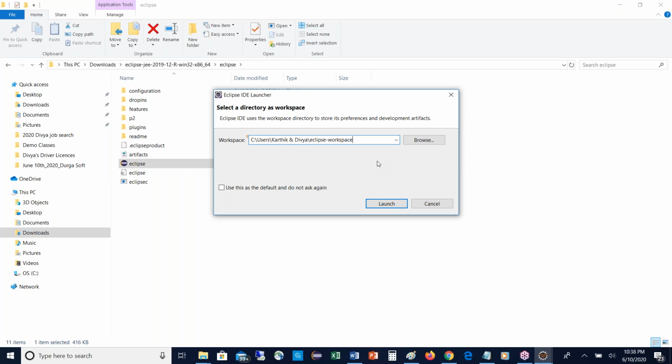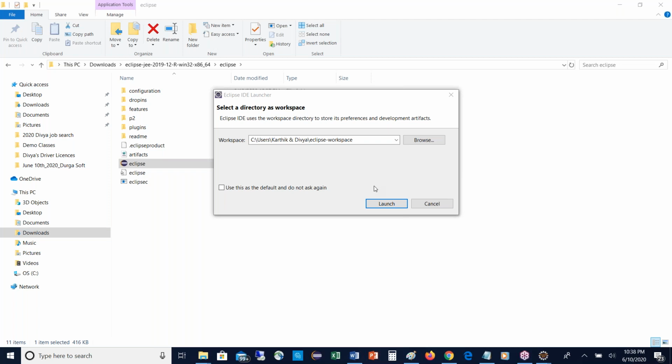Every person will get the same workspace by default. See, Users is the folder, and under that comes your username, here it is Karthik and Divya. For your case, your name will come, then Eclipse-workspace. This is the structure, everyone gets that. Friends, do you want to store all your projects in this working directory? Do you want to change the path, or store everything in the C drive? If you want to change this, click on Browse and you can change the drive and path to wherever you want. If you want to keep it as is, check it as the default so you won't be asked again and again.